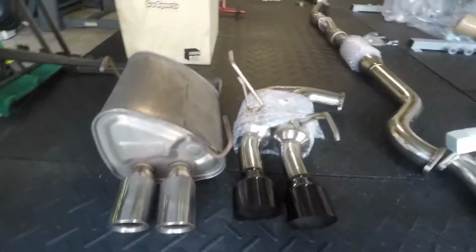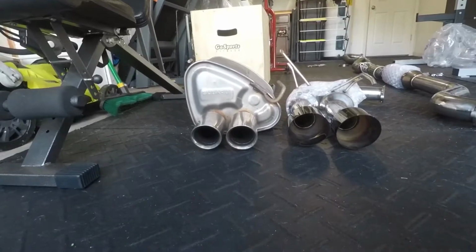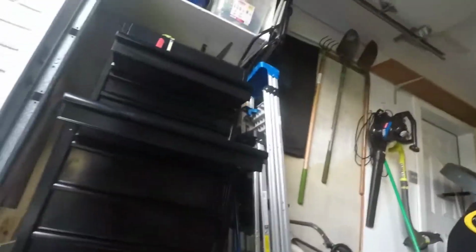So alright, as you can see, I already got one of the exhausts off. Super easy, super simple. There's a comparison for you. Huge difference, night and day. You got 3 inches versus 4 inches. It's really easy. 2 bolts that connect there to that Y pipe,